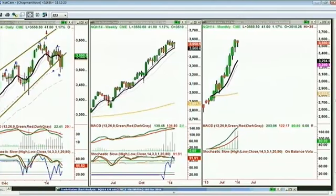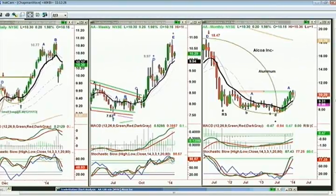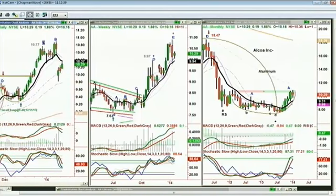Look at Alcoa. We had Alcoa. We got stopped out for a small gain. And what happened is it bounced back to 1037, stopped dead at the 9-period exponential moving average. I have to do an alternate wave count to say it could be an E and an F. It didn't look like it before, but I'm putting it in because, as I say,